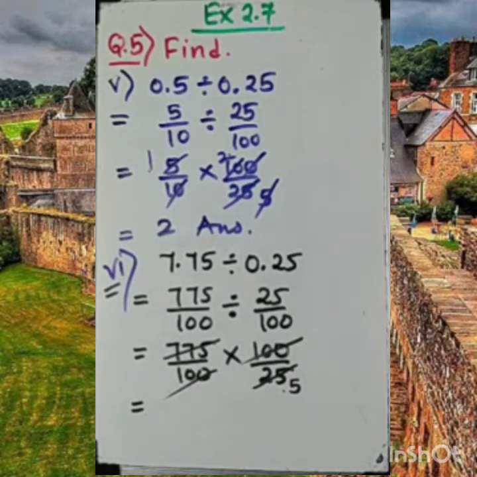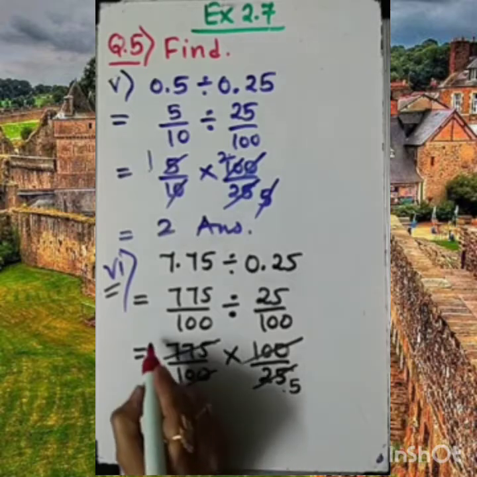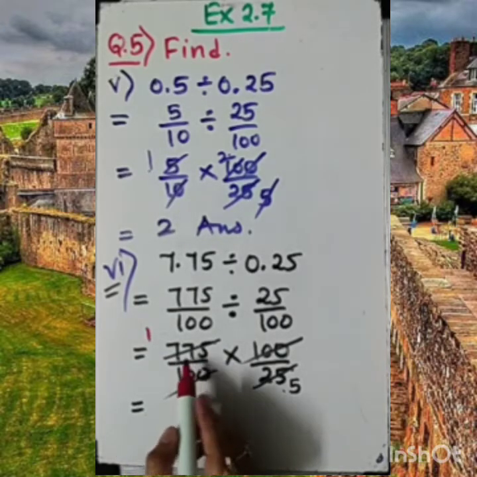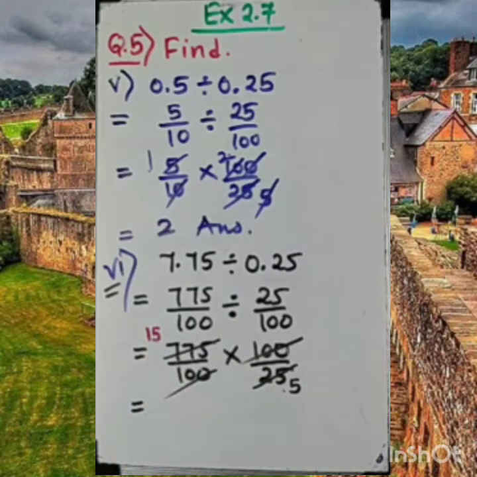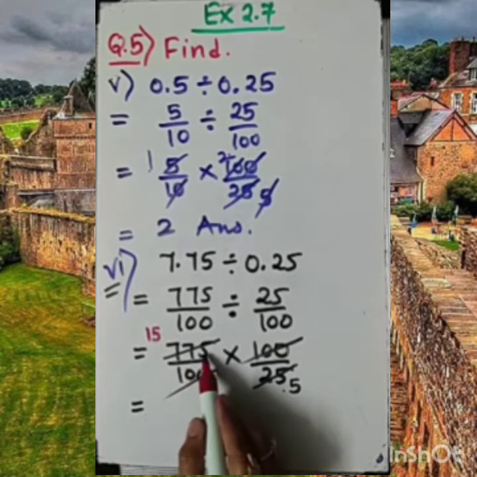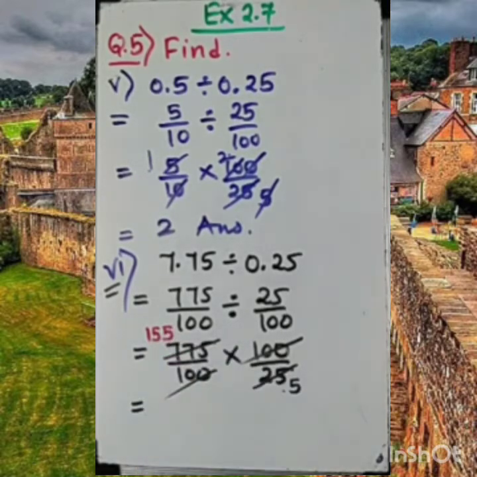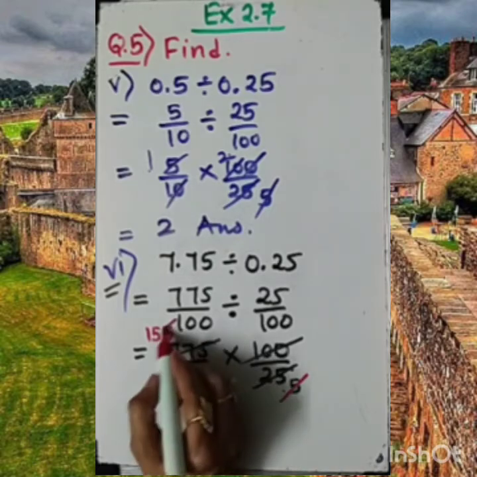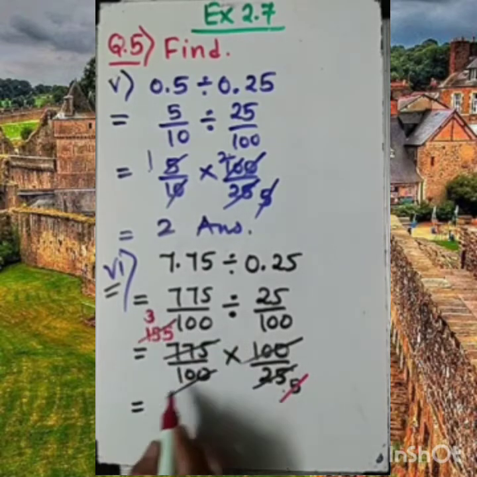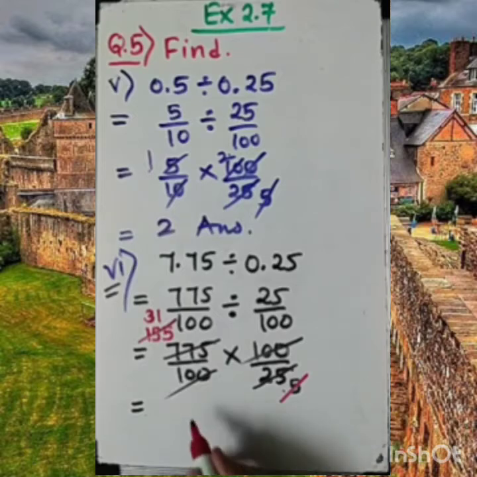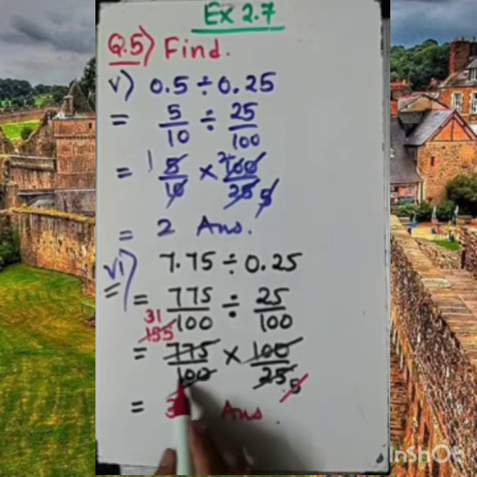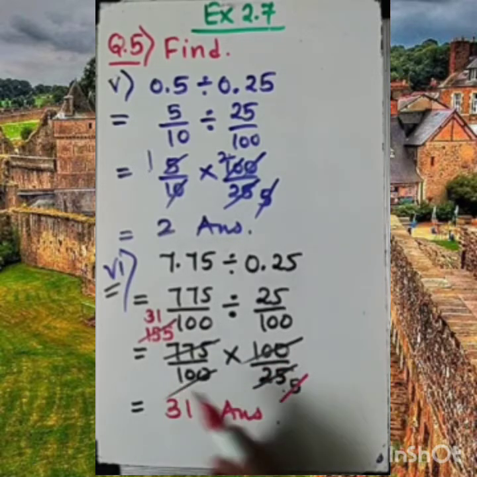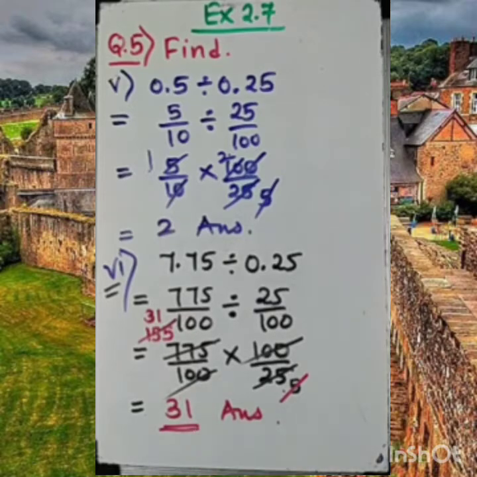If I divide it by 5, then 5 1s are 5. Here 2 will be left. So 27, 5 5s are 25. Again 27 minus 25 is 2. So 5 5s are 25. Now one more 5 is with us. Let's try now with the 5. 5 3s are 15. 5 1s are 5. Very simple. So my answer is coming 31. Nothing is in the denominator because both of these zeros already cancelled. 100 already cancelled. So the answer is 31.